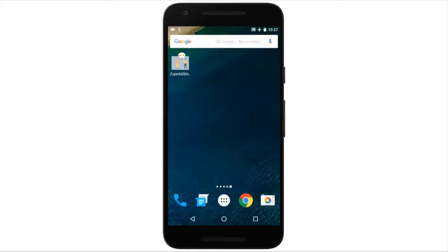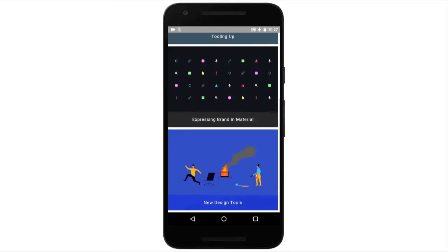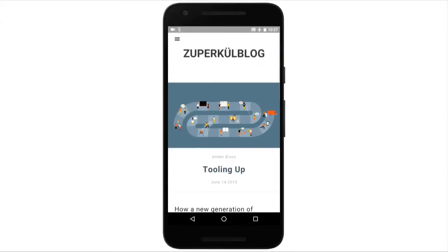So once we have offline support in place, I'm able to launch my application in airplane mode and just view any of the content I've previously seen. I can go and read articles, I can go and look at menu items, and all